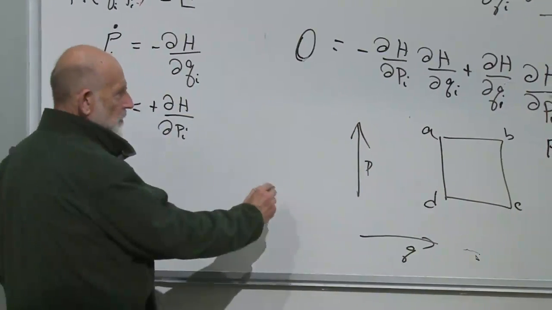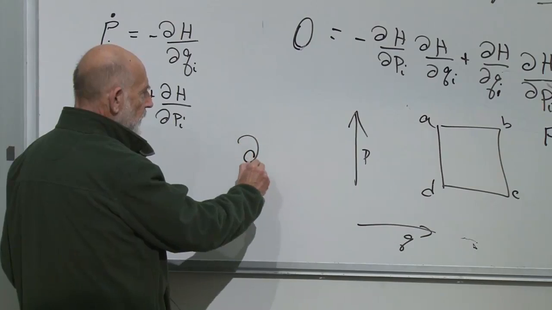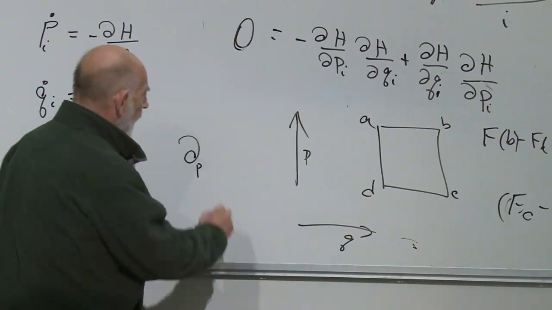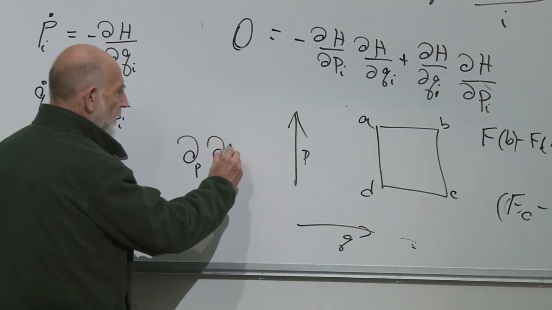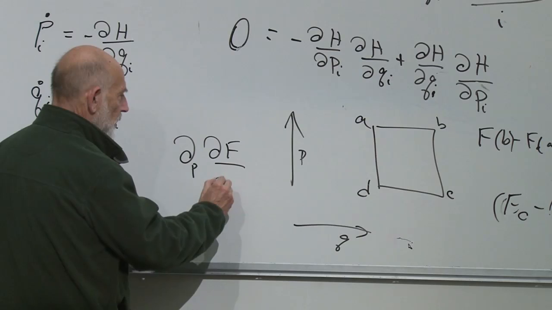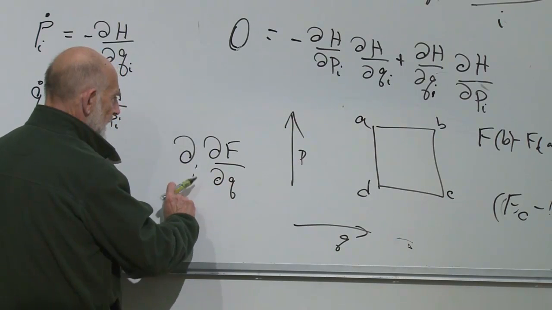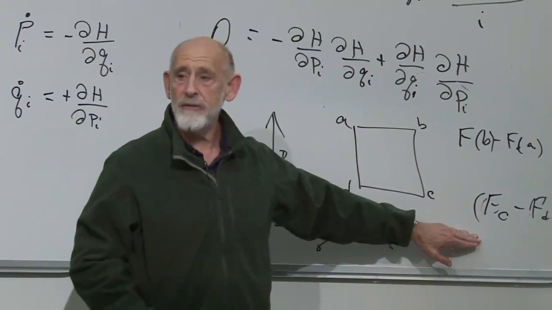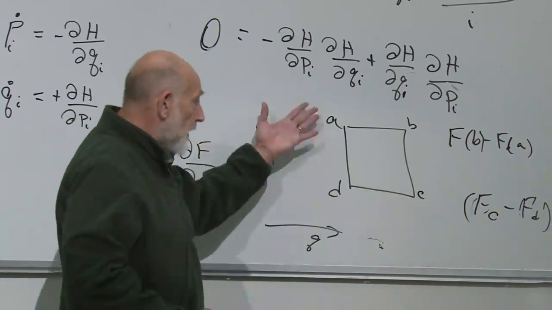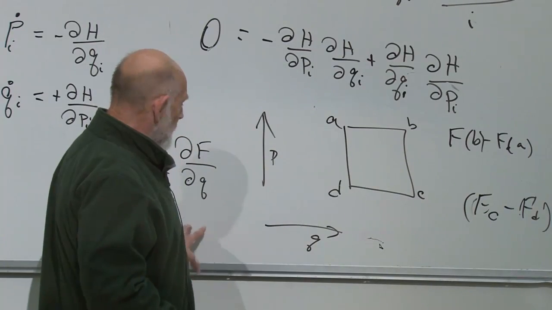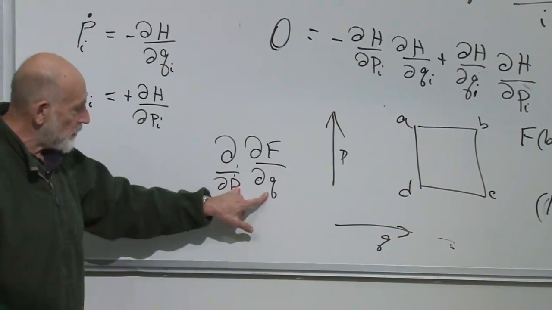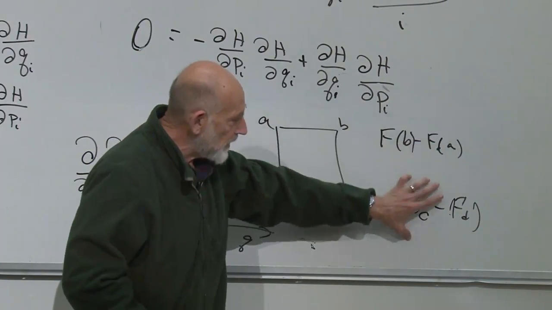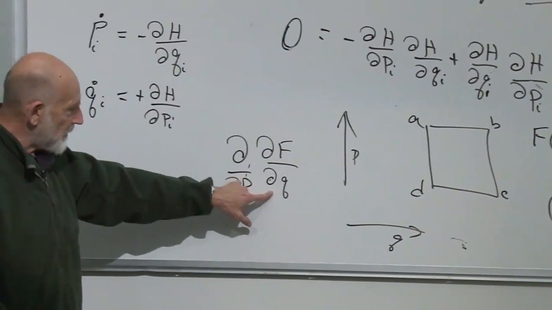So now, let's consider the derivative with respect to P. That's differences going vertically of the derivative of f with respect to Q, d by dP. That's just the difference of this and this, right? It's a difference of differences, but this one tells you to move vertically, this one tells you to move horizontally. So the difference between this expression and that expression is just this mixed derivative here.